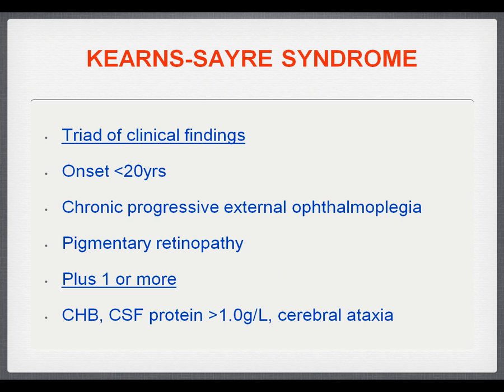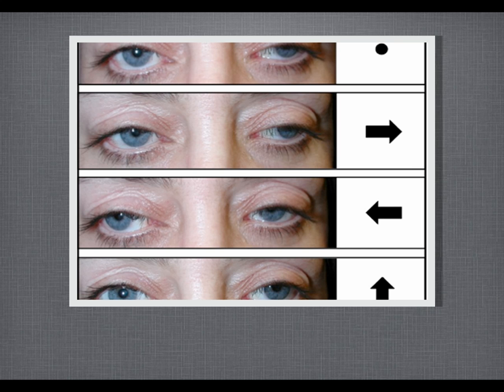I had no information on whether she'd had CSF protein done, and also she certainly didn't seem to have cerebellar ataxia. And this is just a diagram illustrating the external ophthalmoplegia, the patient with ptosis, and the symbols on the right-hand side show, obviously the first one's neutral position, and show the patient attempting to move their eyes in the different directions. And I realised why she was wearing the dark glasses: when she took her glasses off to show me, she had very marked ptosis and did have a divergent squint, and I presume that's why she wore the glasses, so people didn't stare.